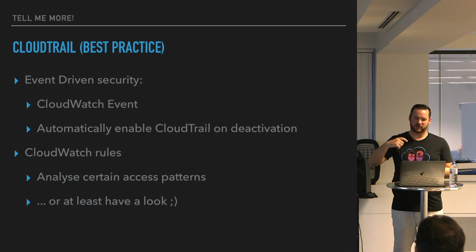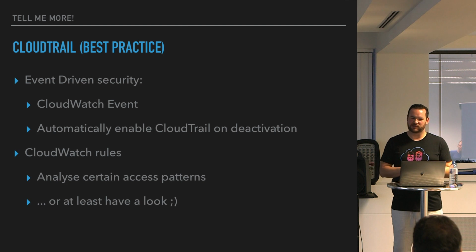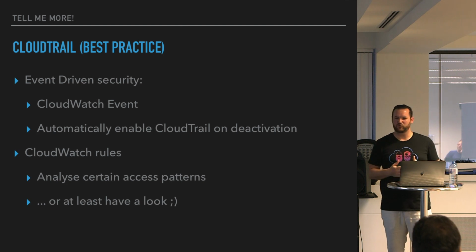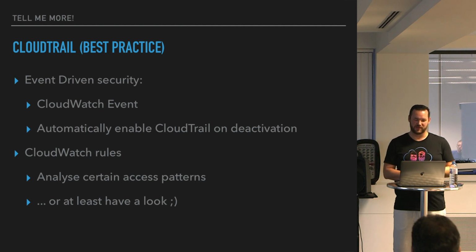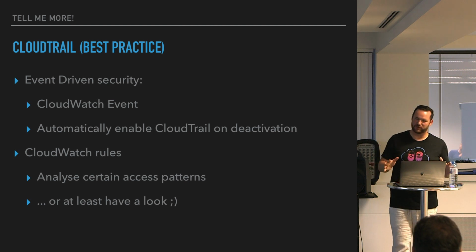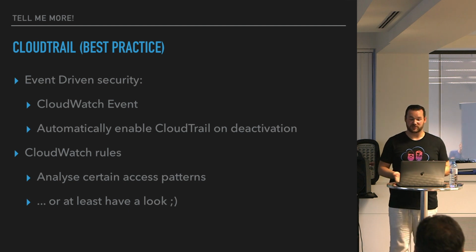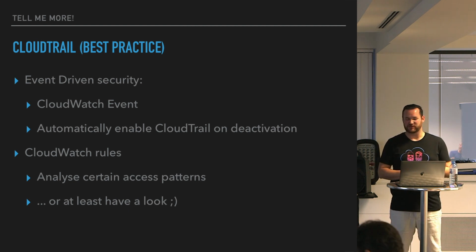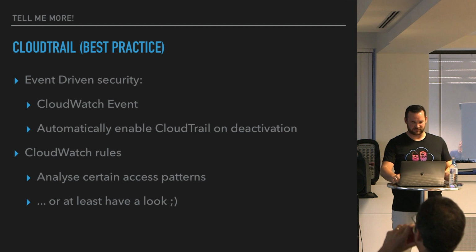And there was a Lambda function running and listening on those events, on the CloudTrail deactivation event, and it automatically enabled CloudTrail again. So actually for the attacker there was no chance to get CloudTrail deactivated, because it immediately enabled CloudTrail again. So stuff like that, it's called event-driven security, and you can actually handle every event in your application, every event in your AWS account, and can handle it using Lambda functions. So that's very great stuff that you can make use of. And CloudWatch rules is the magic word. So if you have a look at CloudWatch rules, it tells you what you can do with all those event-driven things.